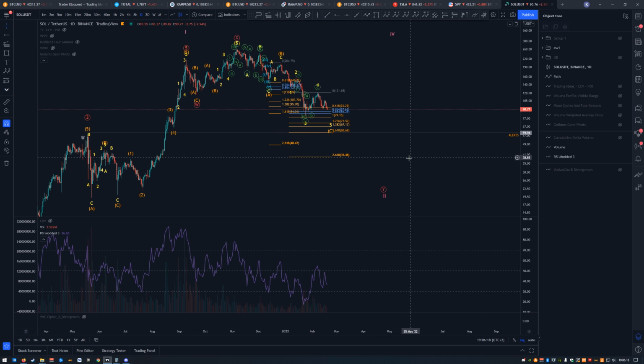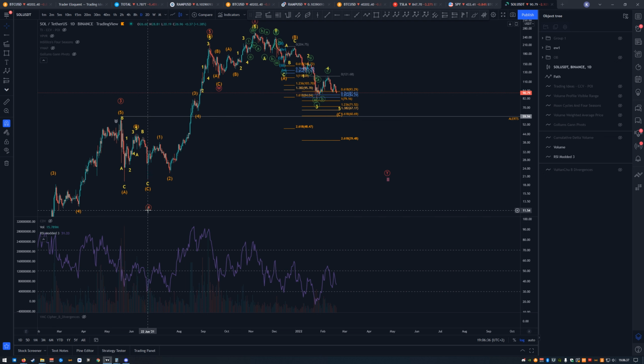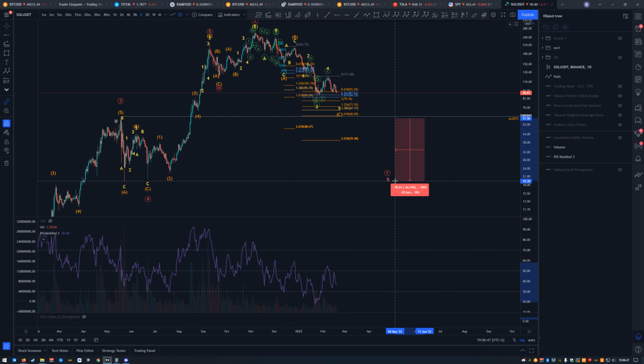Usually when a degree of some sort ends into 5, it becomes 1 of something, or 3 5th, but this ended something, so the pullback into 2 is usually ending around 1 lower degree of the 4th. So we should be targeting this area here,